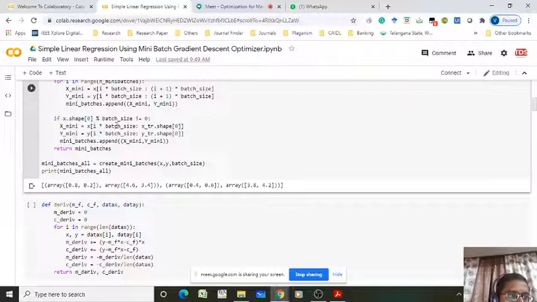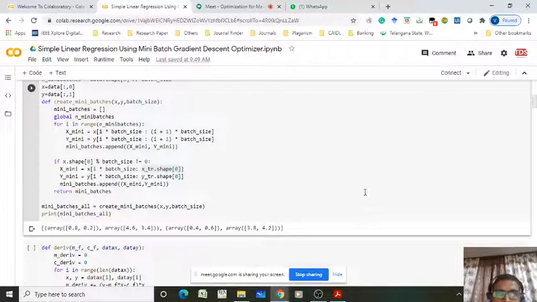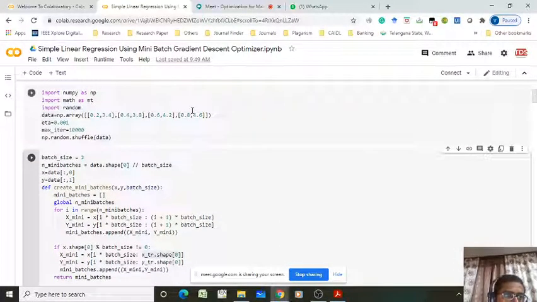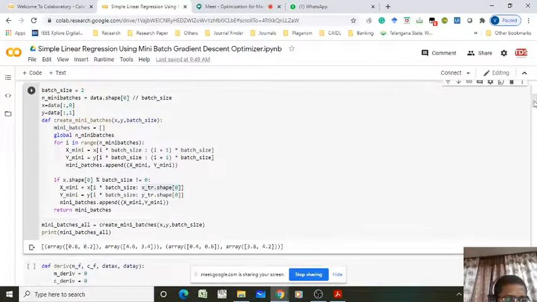So 1 into batch size, that is 1 into 3, batch size 3, so sample number 3 up to the shape 0, that means the number of samples here, equal to 4. So x mini will be from 3 into 1, that means 3 to 4. That means the last element will be added again.